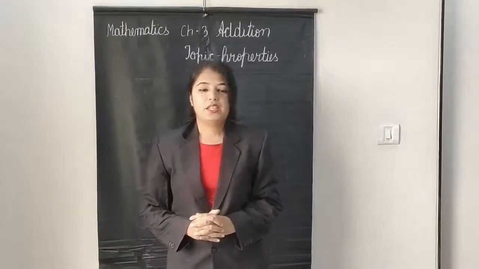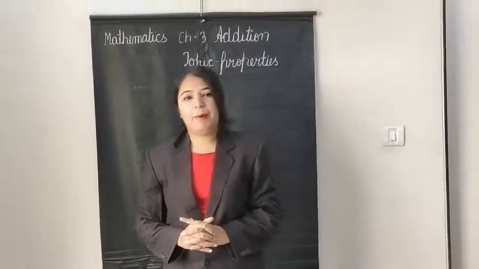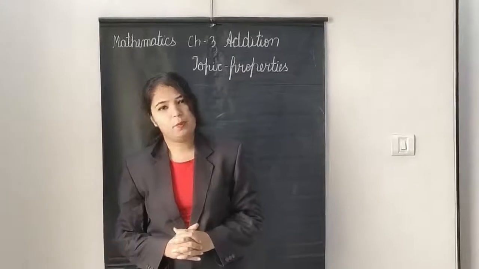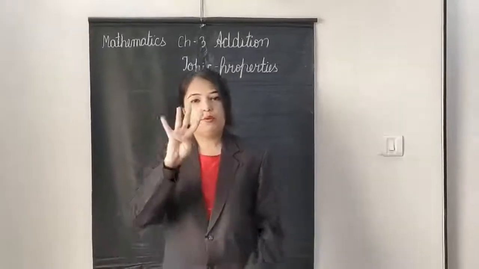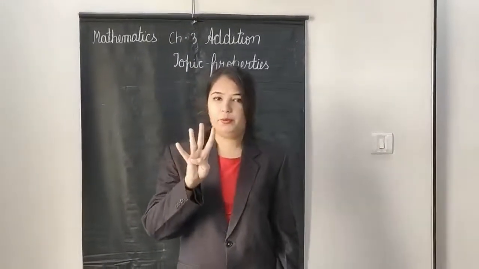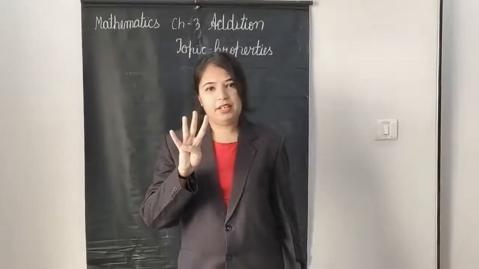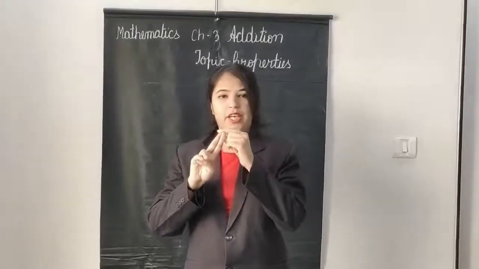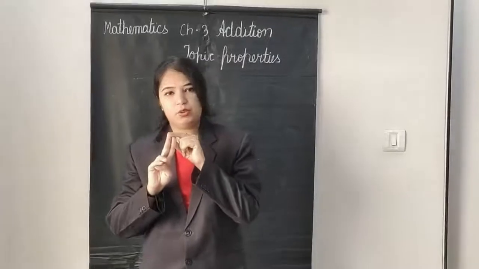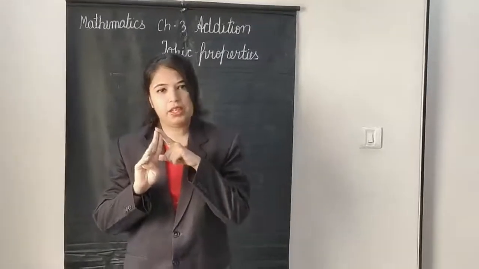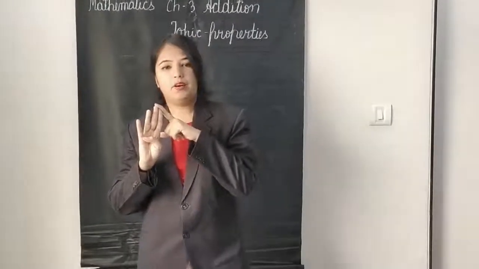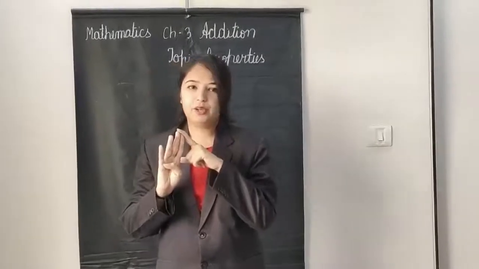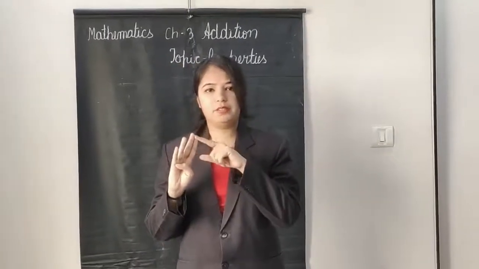So yesterday we learned about the maths rules. What are maths properties? There are a total of 4 properties. From those 4 properties we have already learned 2 properties. We have understood and remembered them. Now let's take a look at these 2 properties in the textbook.